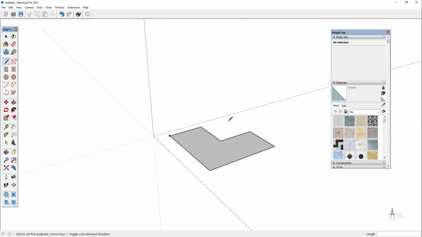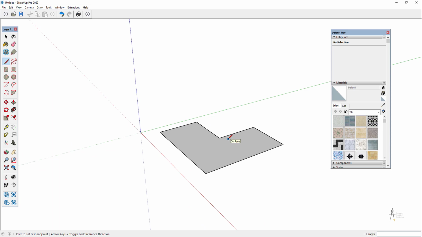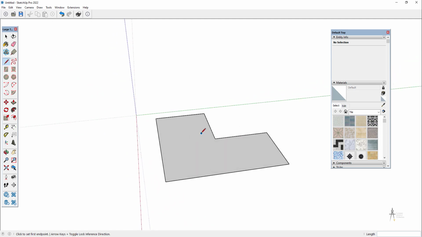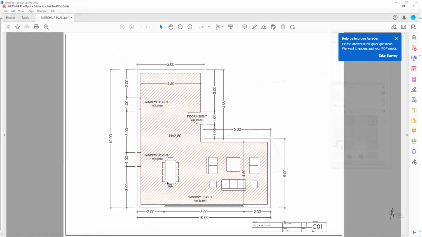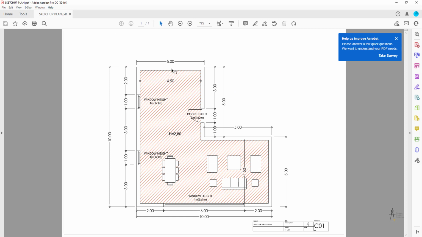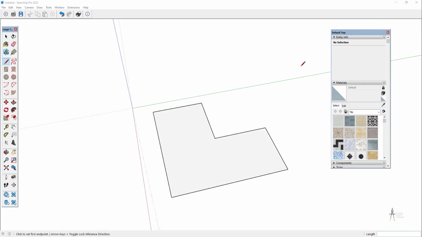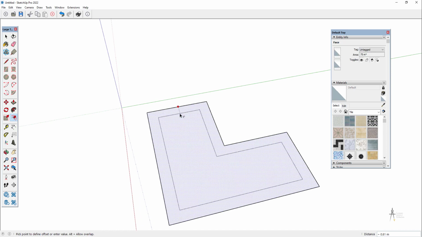Okay, so you probably think now it's time to extrude. What I'm going to do is find my offset tool, but I have to find out how wide the wall is. Okay, because I want to extrude the wall directly. If I know it's 5 and I know that this is 450, I know it's half a meter, so it's 25 centimeters each wall. So I'm going to click on offset, click on the wall, and I'm just going to type 0.25,